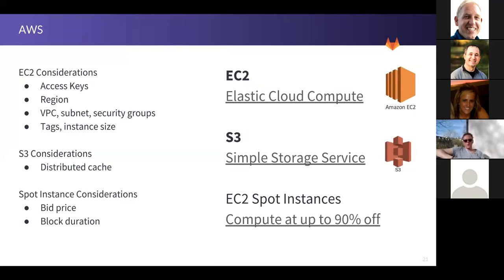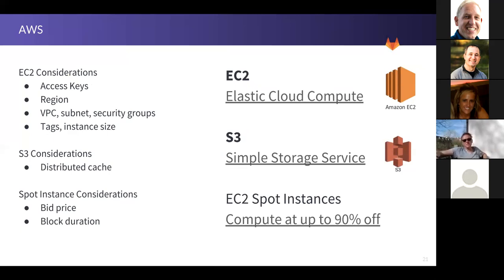And then I can also tag the machine with EC2 tags. So again, that can be very valuable when it comes to billing perspective. I can actually auto scale and bill back however I need. And then also, of course, I'll specify the instance size. And for those that might not know what EC2 or S3 is, I've got 3 links here that you can go to read more from Amazon.